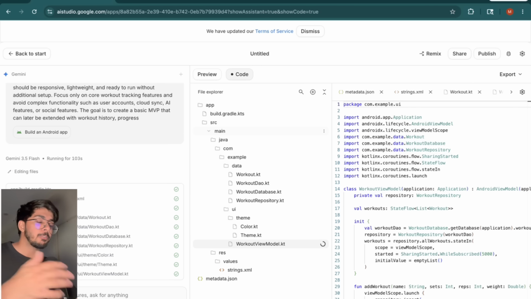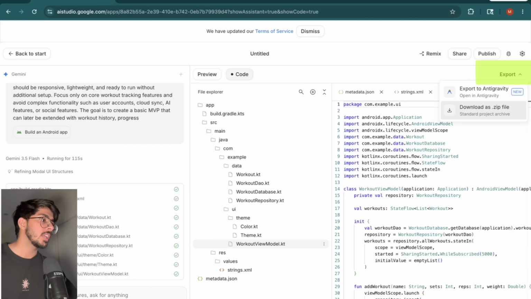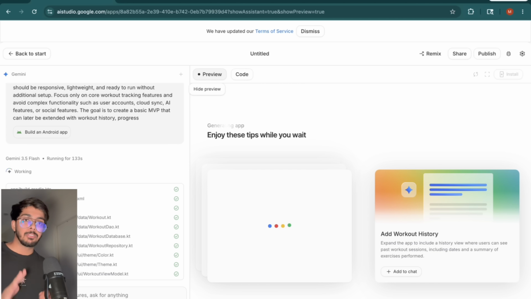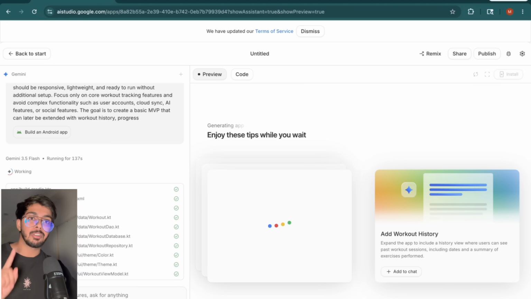One more thing, right now the files are being created and the data is being integrated, but once these files are ready and you want to export the code files into your system, you can just do this by clicking on this Export, and you can download it as a zip file and use it in your other IDEs like VS Code or any other tool that you want to use. And also you can export it to Anti-Gravity, which is a pretty good idea. For now, maybe it will take some time to create this application. I am not going to do anything, we'll just sit back and wait for it to complete its process. So let it complete and we'll be back afterwards.